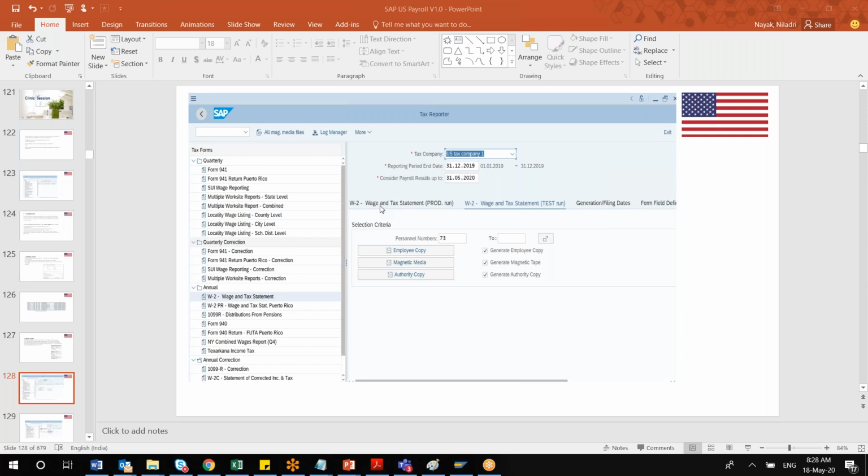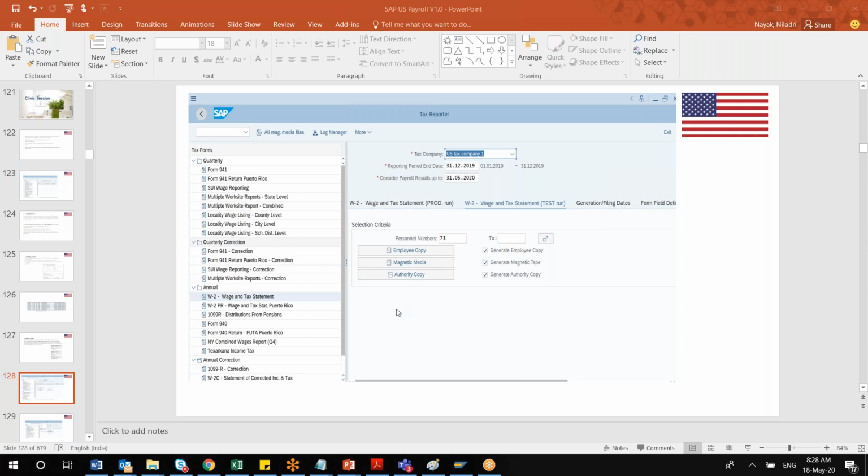In this example, I have just chosen one employee, the same employee I hired two days back, employee ID 73. But you can run it for everyone, meaning the entire organization, and the statement will be automatically generated and appear in their Employee Central. In SuccessFactors Employee Central it will be visible, similar to the payslip.